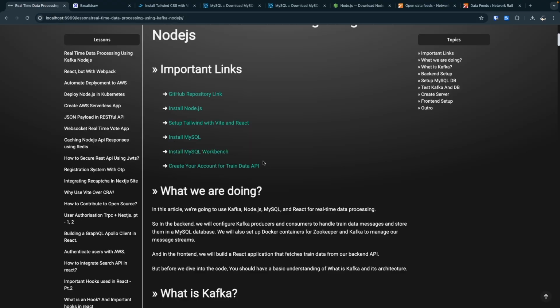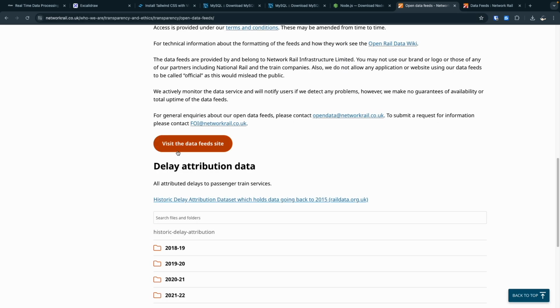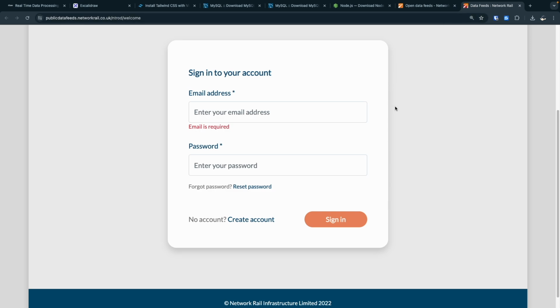Alright. And then you have to create your account for the train data API. For that, you have to visit this website, networkrail.co.uk, and then visit this data feed site, and this is going to open a new tab over here. This is going to ask you to sign into your account. If you do not have an account, create one,